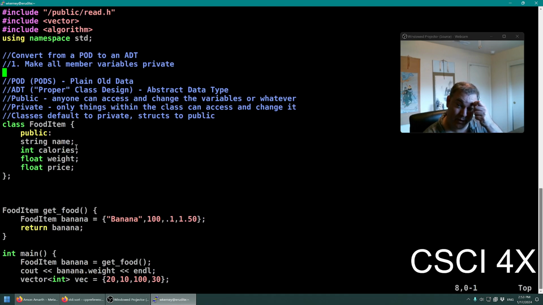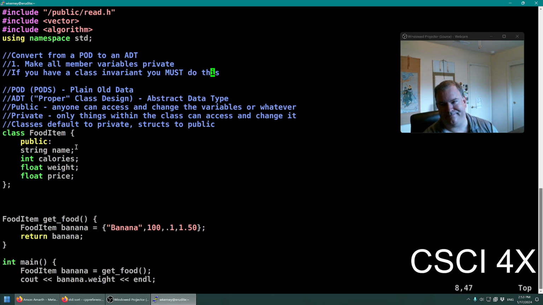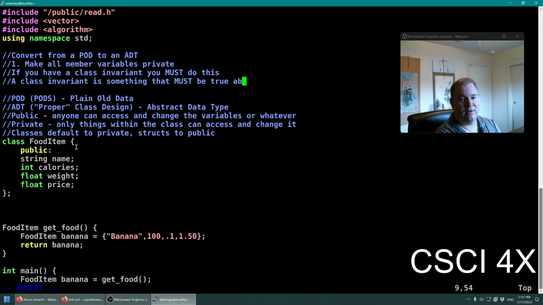And this is especially important if you have a class invariant. So what is a class invariant? If you have a class invariant, you must do this. There are times when I would say it's fine to have a public member variable. But if you have a class invariant, you have to make them private. A class invariant is something that must be true about that member. So for example,